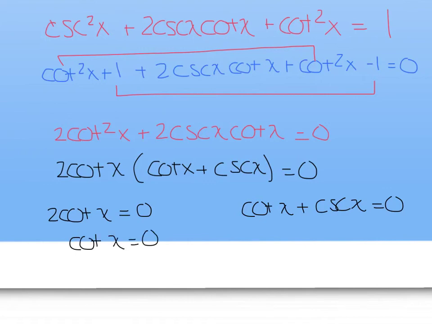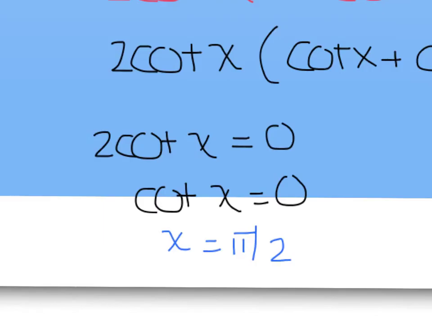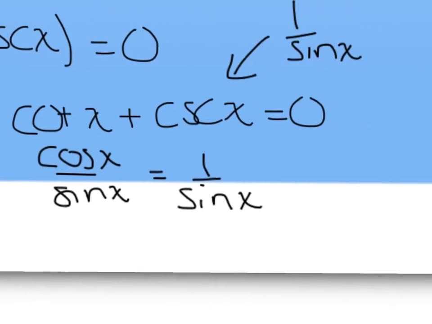Where is cotangent of x equal to 0? Okay, so here, divide by 2, you get cotangent x equals 0. Where does that happen at again? That's going to happen at pi over 2 and 3 pi over 2. But 3 pi over 2 is an extraneous solution. Remember, go back to that slide where I said typically tangent, cotangent, we look at those intervals from negative pi over 2 to pi over 2. Okay, when we look over here,